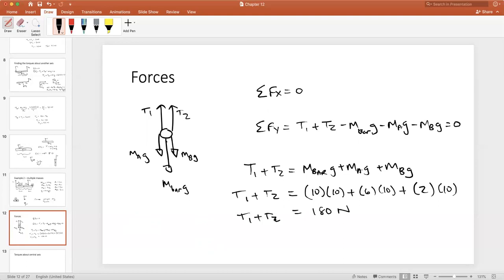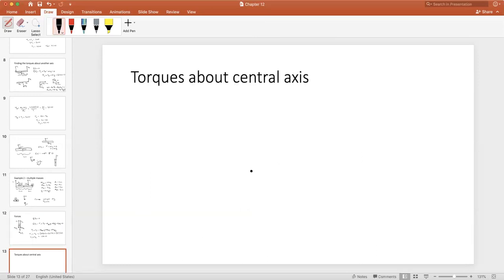So the sum of our 2 tensions is 180 newtons, and once again, if we want to know what T1 and T2 are, we don't have enough information to solve this yet. And therefore, we have to turn to our torques. Now, we're choosing our axis of rotation at the center of mass. So when we draw this torque diagram, we're going to draw an X for our center of mass. We know that we have RA to